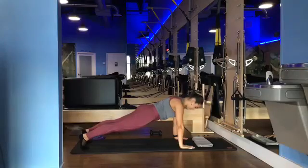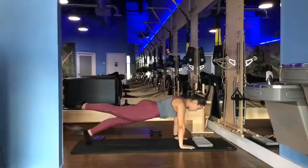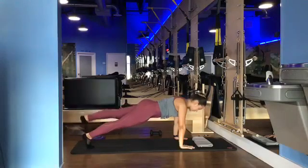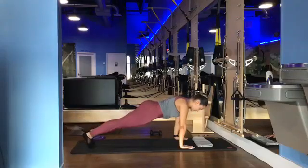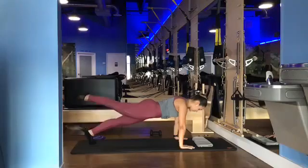Just breathe. Think of the crown of the head reaching long, abs are in. And if you get bored and you want a little bit more, lift the right foot up, lower back down, and then the left foot up, and back down, and down, and up, and down, for 3,